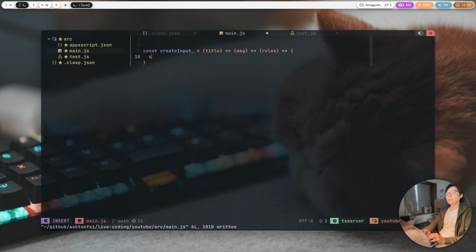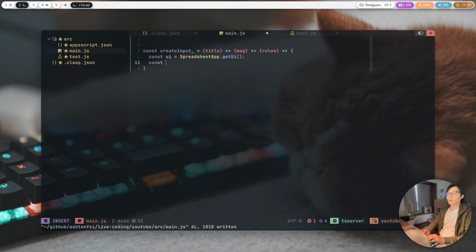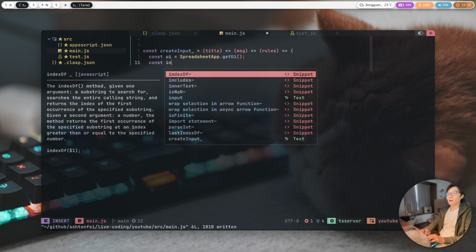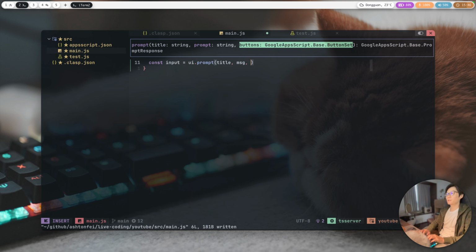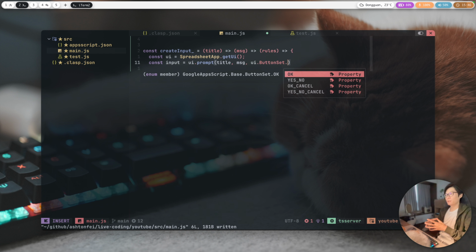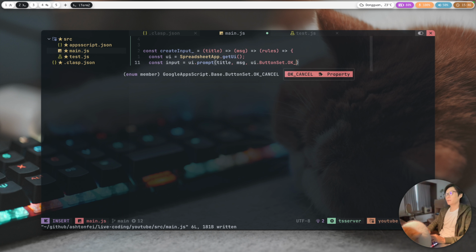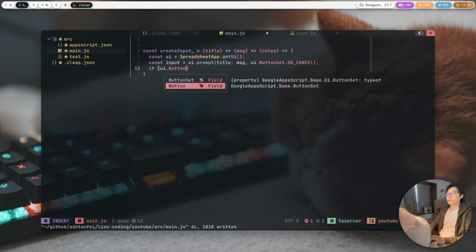Okay, so first I'd like to get the UI from the spreadsheet API, and then I'm going to create a prompt or an input UI prompt. It takes 3 parameters: the title, the message, and the button sets. For this prompt, I'd like the user to either click on OK or cancel. So I'd like OK, cancel for this button set, and I'm going to validate the button they clicked,